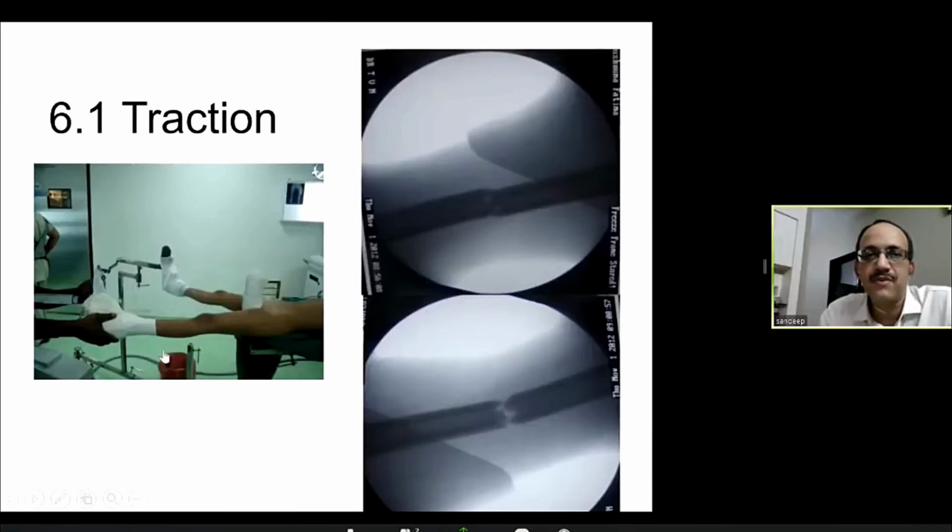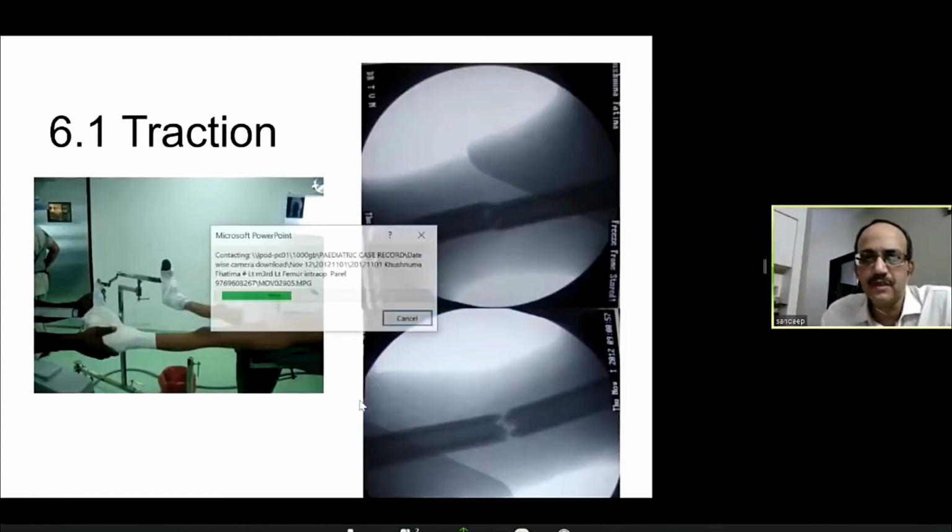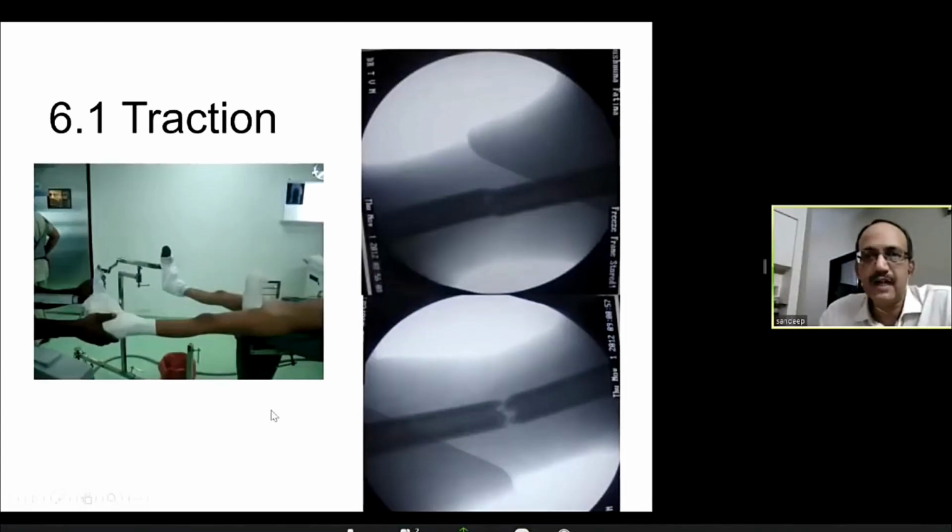But sometimes it becomes difficult to put a small child on a fracture table. The fracture tables that are available are usually adult fracture tables. And I personally don't use a fracture table. I use a radiolucent table on which we use manual traction with a small pillow or a small bolster under the thigh so that the anterior bow of the femur is restored. Okay? And with that,